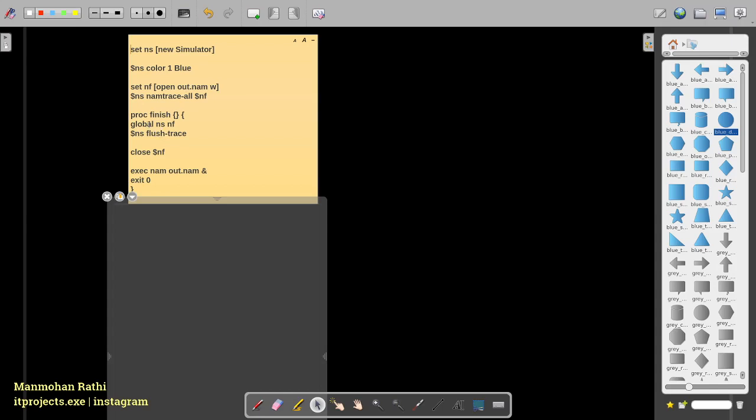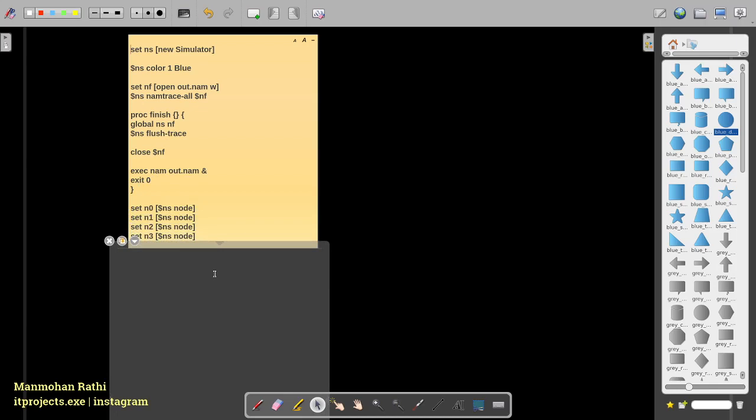Because it is outside the procedure, we use the global keyword. Below it, flush-trace tells the program to store all the remaining data in the file, and then we close the file and execute it.